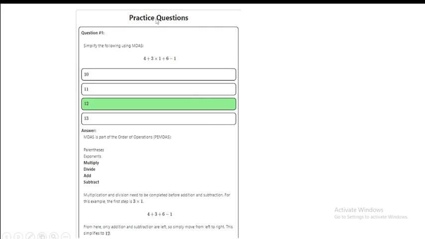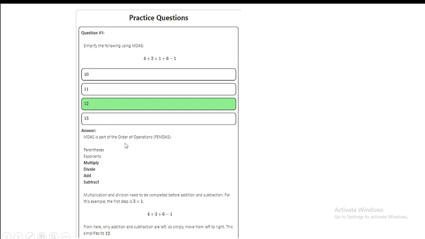So you can practice this question. Simplify the following using MDAS. 4 plus 3 times 1 plus 6 minus 1. The correct answer is this one, 12. Why? Because MDAS